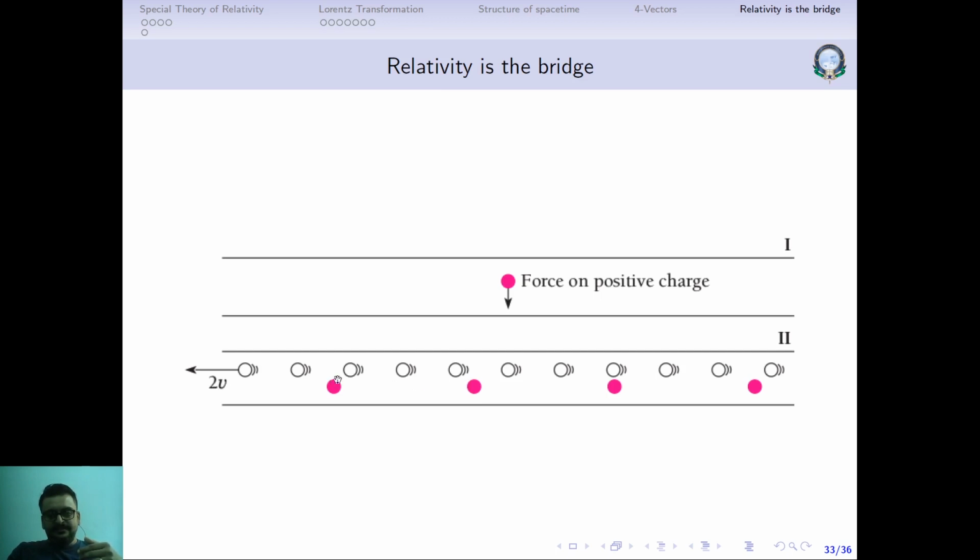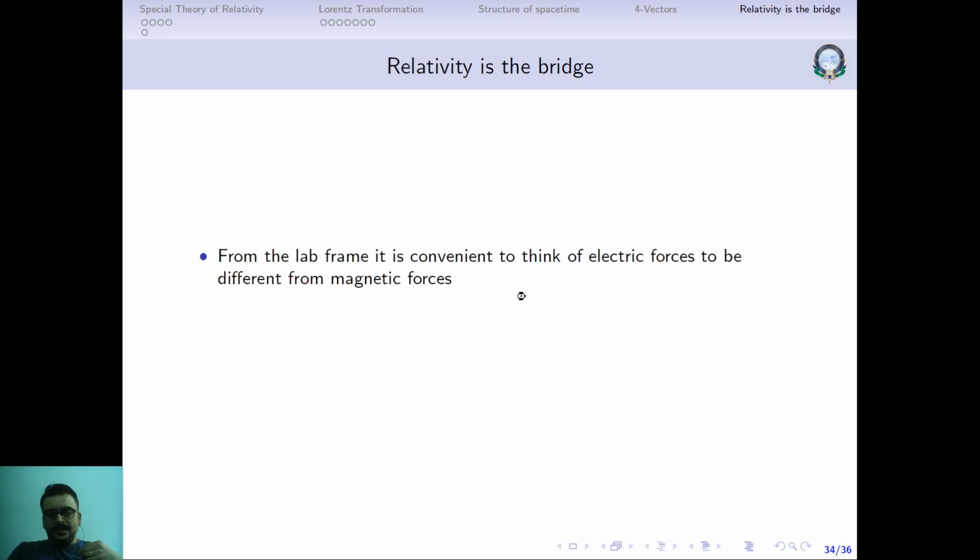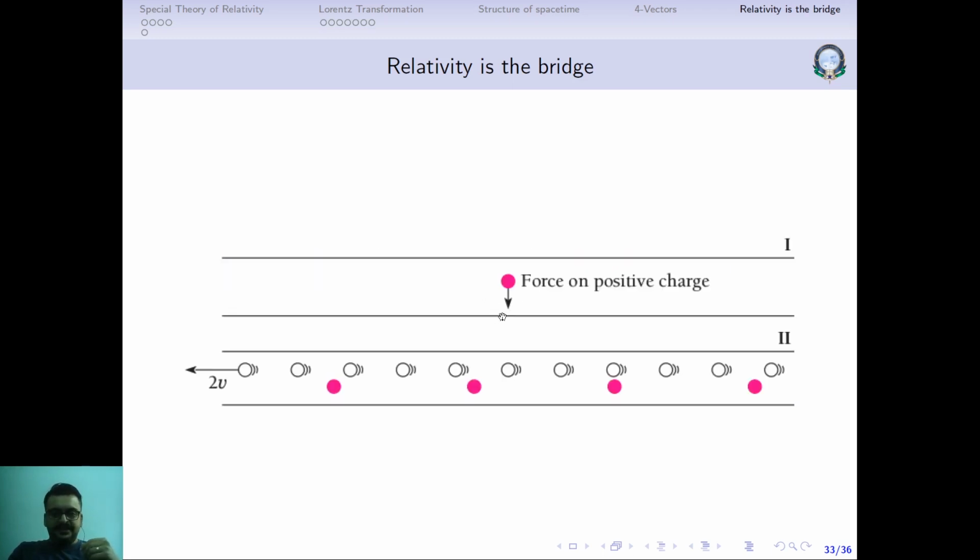When the positive and negative charges were stationary, they had the same spacing between them, so electrically the conductor was neutral. But because the negative charges are moving with twice v, due to length contraction the spacing between them seems to reduce. As a result, it looks as if there are more negative charges than positive charges, and hence this will also experience a net attractive force on the other conductor. In a similar way, if you reverse the direction of current, we can show that it will be a repulsive force.